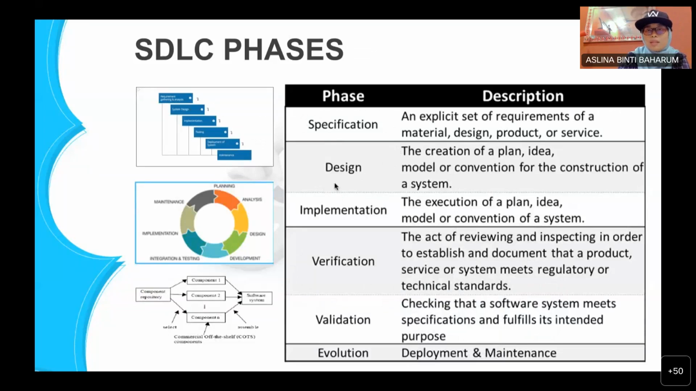Okay, design is to create the plan, idea, model, construct a system. Maybe you are doing a storyboard first. Okay, and then implementation is the execution of the idea that you designed before, and verification and validation is in